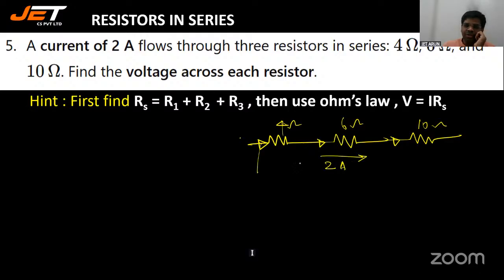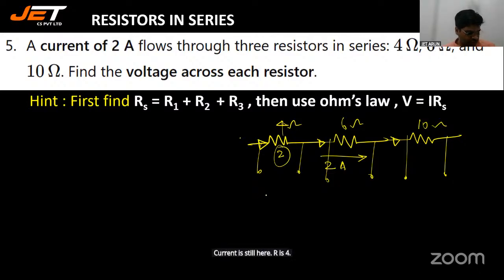Now, I want potential drop across each one. I apply Ohm's law again. Current is 2 here. R is 4. So potential drop will be V is equal to